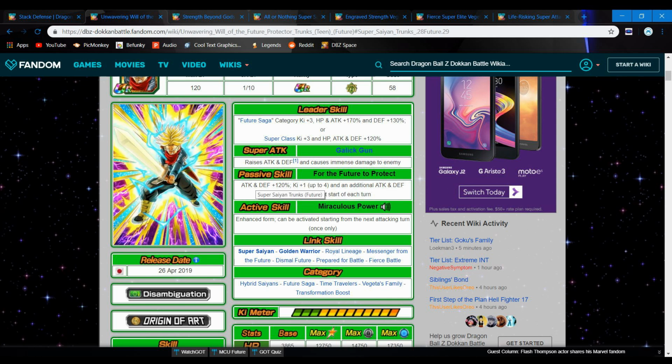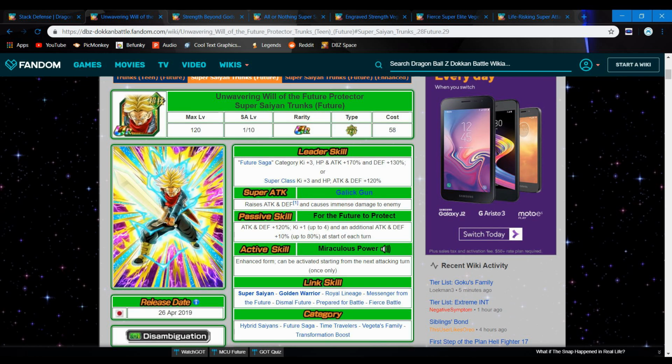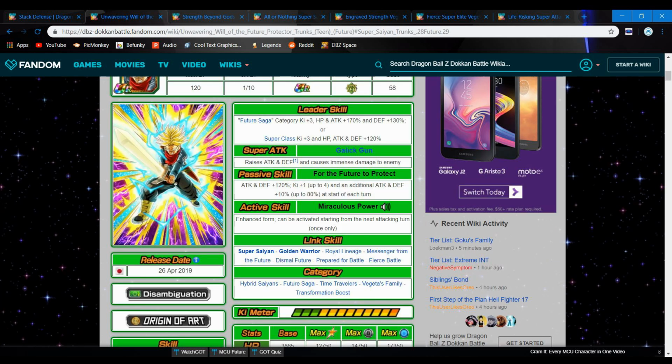So at 8 turns, you get attack and defense plus 200%. And if you get a super each of those turns, it's 20, so you get 360% to attack and defense. By the time I got to UI, he was sitting at like 500,000 defense, and he tanked supers for double digits, so he's insane. Also, don't transform